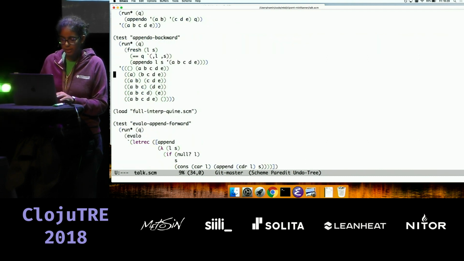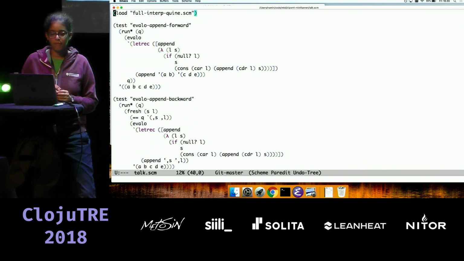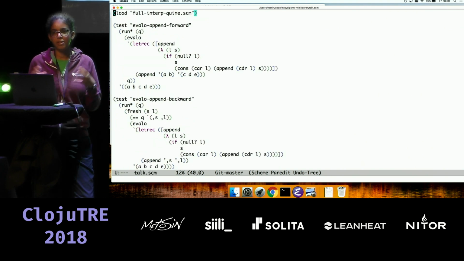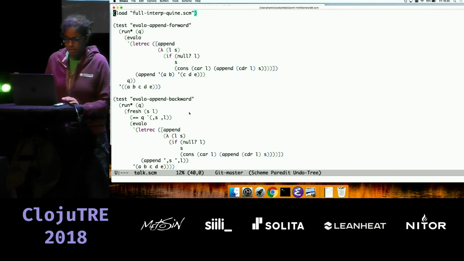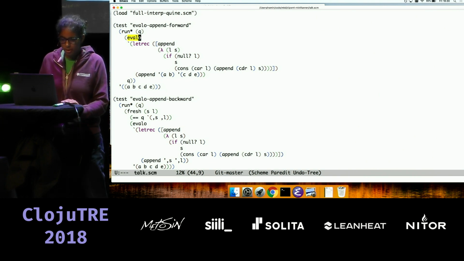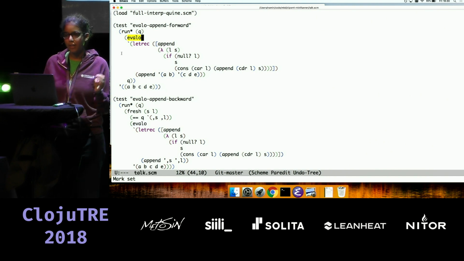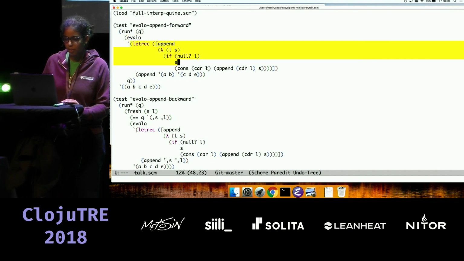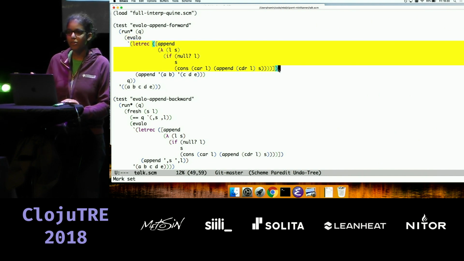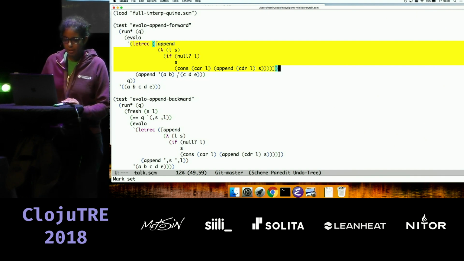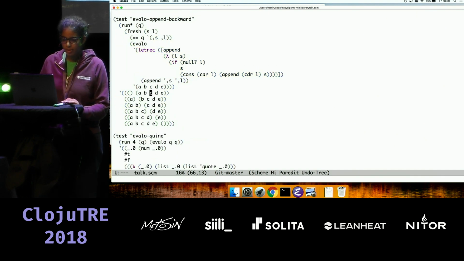But what's interesting is the work has been moving on in terms of writing a functional interpreter inside the relational interpreter. So here's an example where Evalo is this interpreter for a scheme-like language inside of miniKanren. So it's inside the run. And here we're just defining a normal append function as a function, not as a relation, but we can use it back in relational style